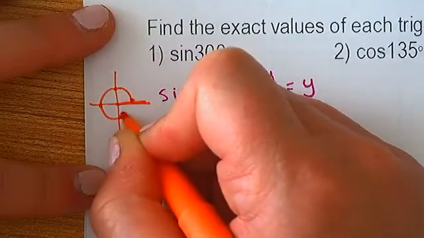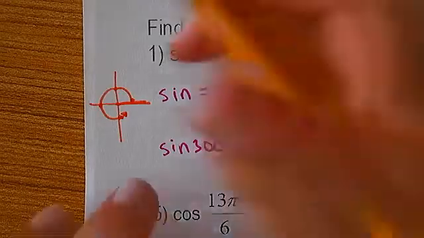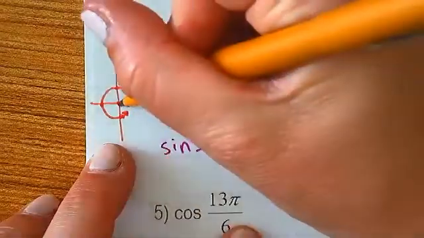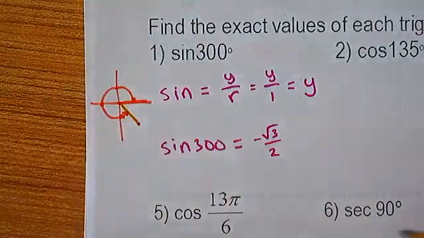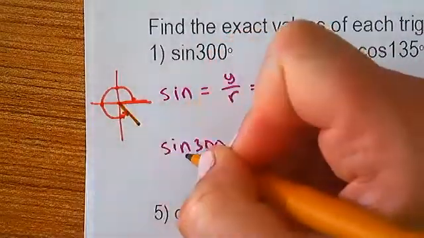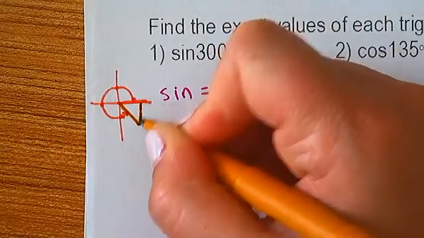So 300 is like right about there, right? So if that's where 300 degrees stops, we need to draw our terminal ray, and that's a full 300 degrees, right? So here's our ray, and then we're gonna draw this always straight up vertical to the x-axis,